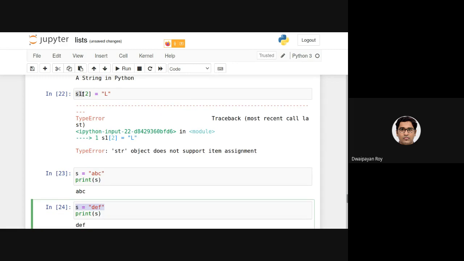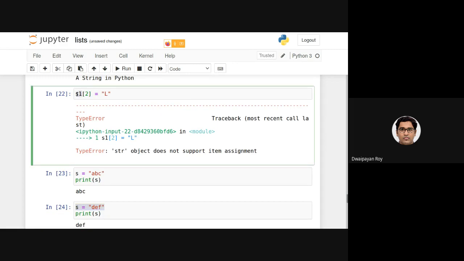But here what I am doing is accessing and modifying an individual character in an existing string, which is not supported in this language. So that's why you can see the error, which is saying type error, str object does not support item assignment.